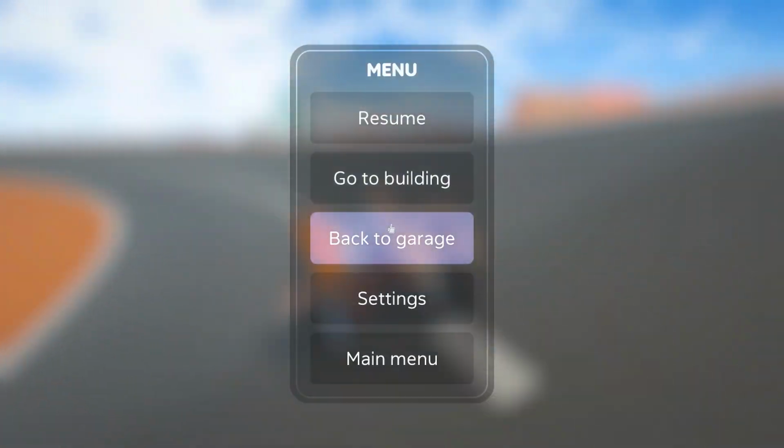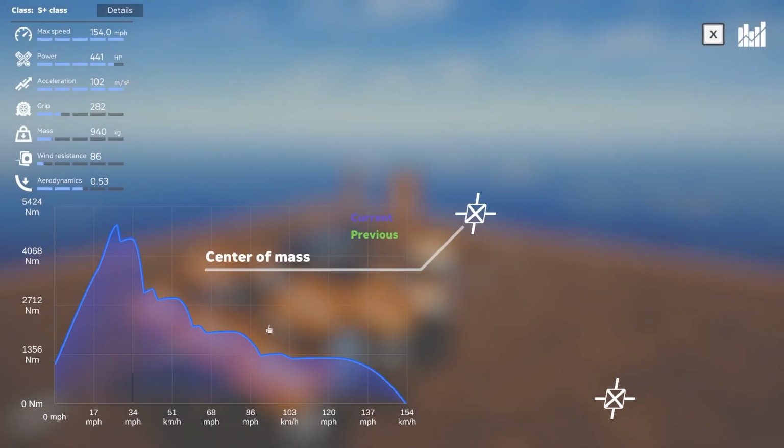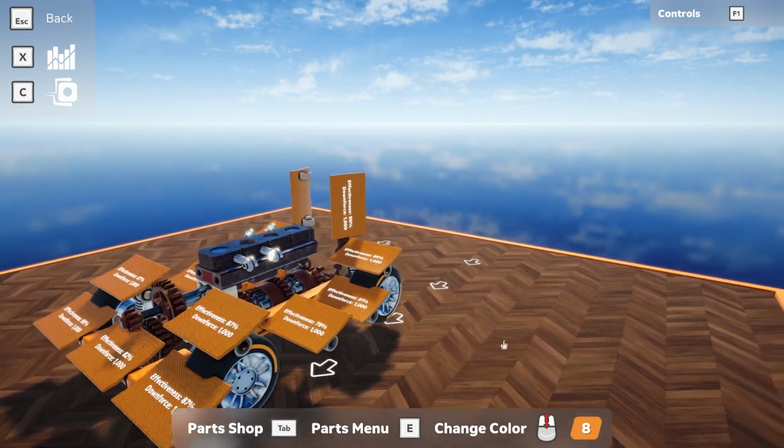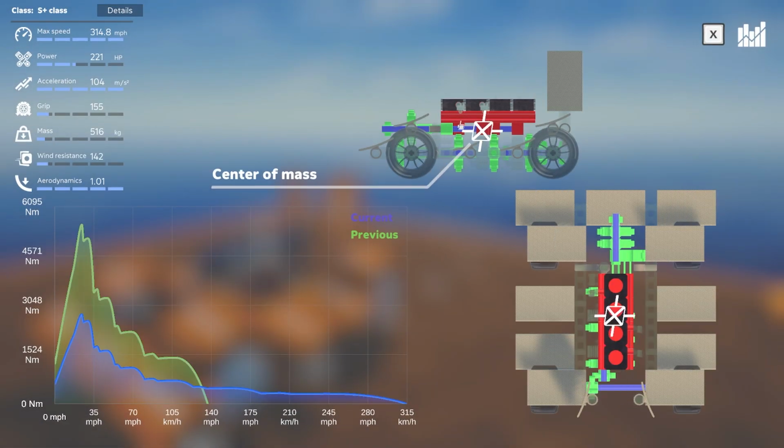So if we look right here, don't go off track. Inside the stats, we can see our power curve, and then, hey, where'd our vehicle go? Normally our vehicle is over here, but where? Oh, there it is. Okay. So this shows where our center of mass is. I know for a few of the videos, I was freaking out because I couldn't get my vehicles